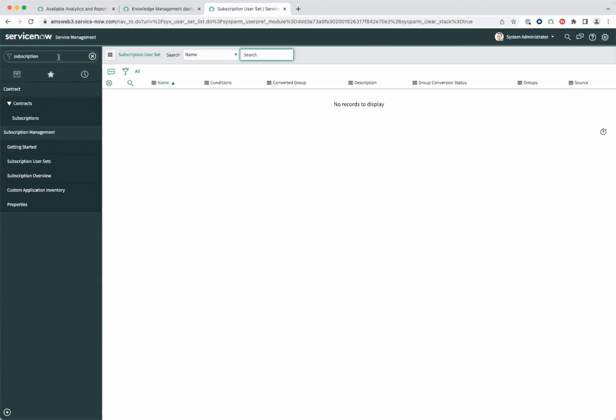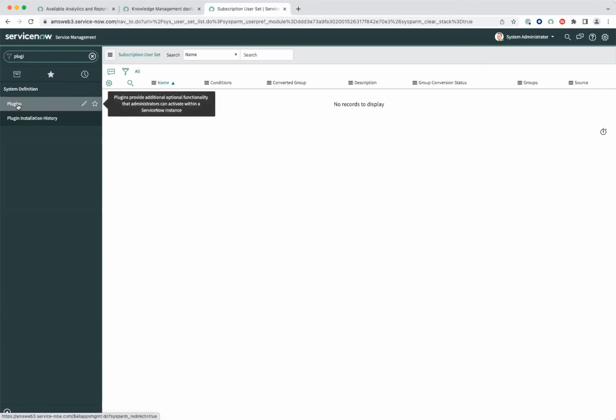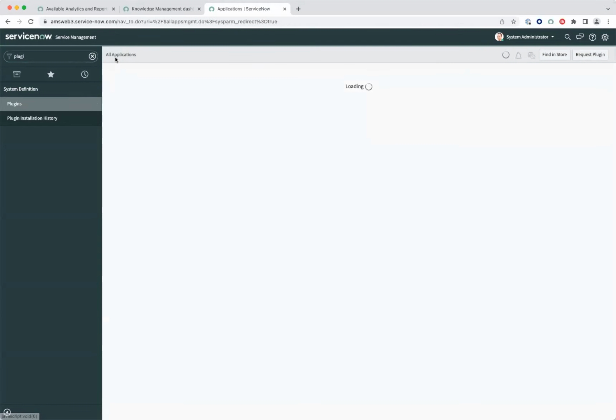And then the next step would be, if you know your plugins and the plugins that you want to activate, if you go to plugins, this is still the old way to do it, but it works pretty good actually. Then it will open up what is called the all applications. That always takes a bit of time, so you have to be a bit patient here. And it shows you a list of all the plugins, the ones that are installed, the ones that are not installed, the ones that you have subscribed to or not subscribed to, and so on. And let me be a bit patient here. And then we'll get the